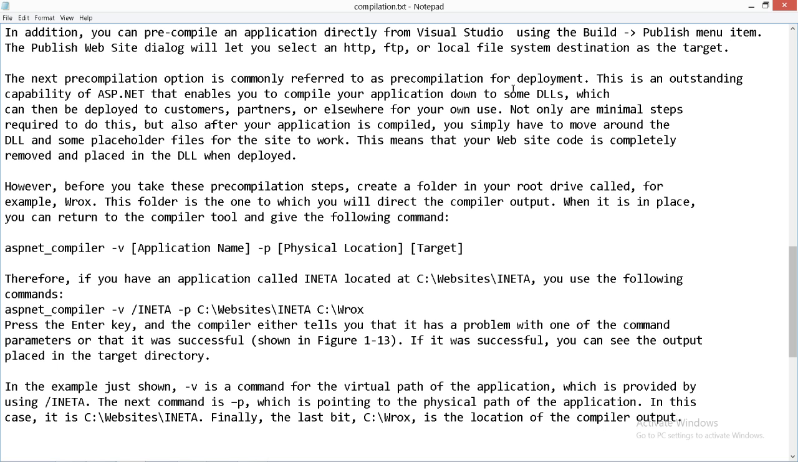However, before you take these precompilation steps, create a folder in your root drive called, for example, we'll call this demo. This folder is one to which you will direct the compiler output. When it is in place, you can return to the compiler tool and give the following command: